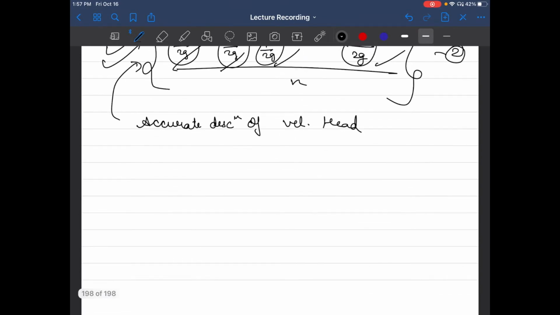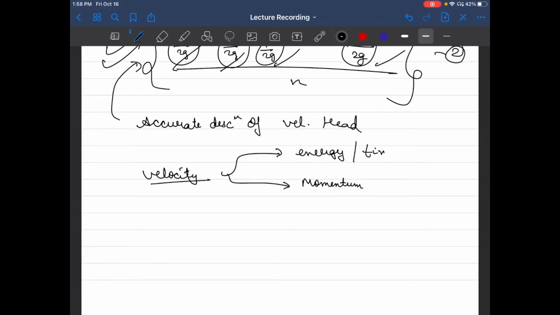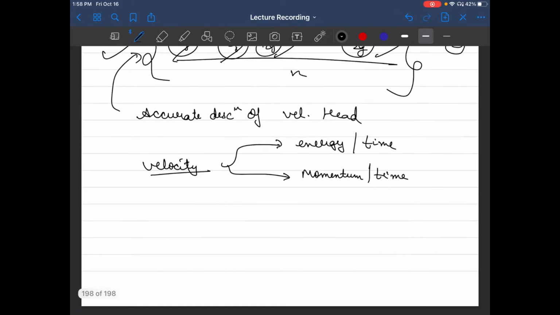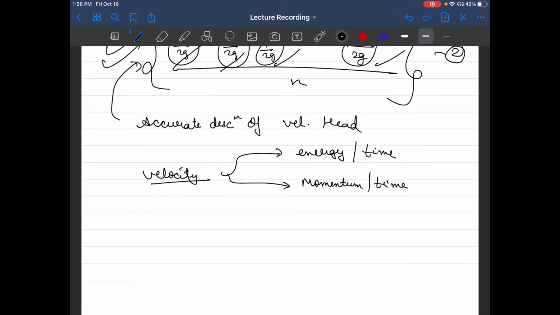And as you can imagine, when we talk about velocity, velocity has important say in calculation of energy. It also has important say in calculation of momentum. If we know energy, we can calculate energy per unit time. We can calculate momentum flux per unit time. Now, the question arises that if we use less accurate description in comparison to more accurate description at the expense of ease of doing calculations, we are going to apply some correction factors. And this is exactly what we are going to derive in this lecture.